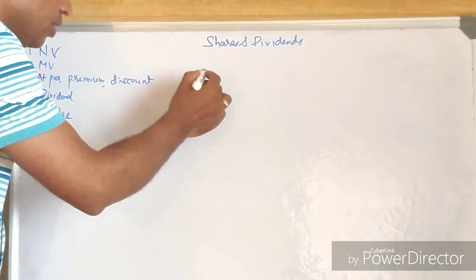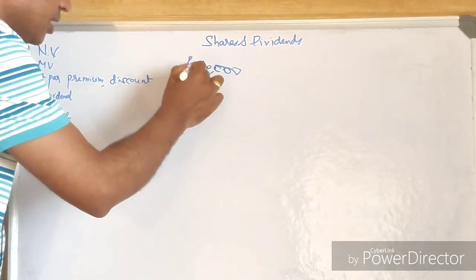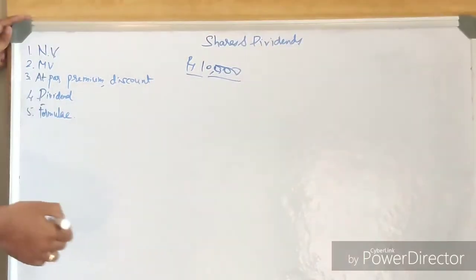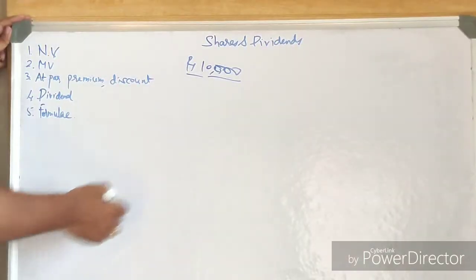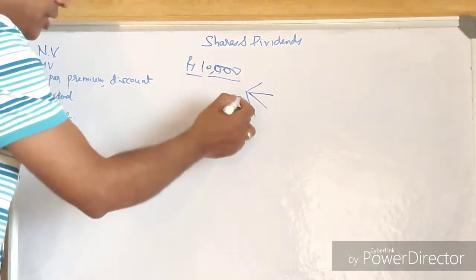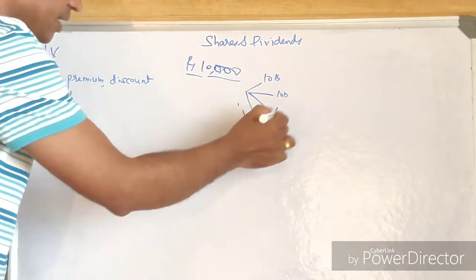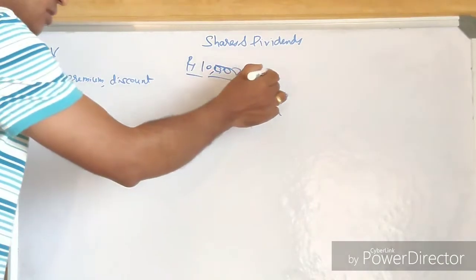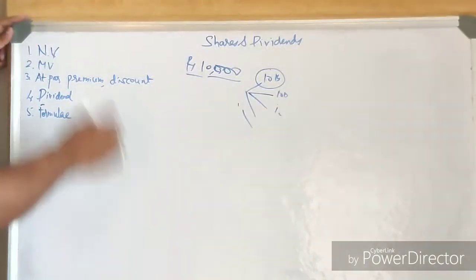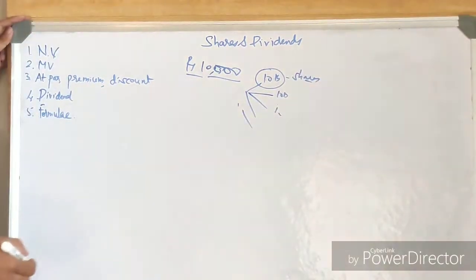Shares is very simple. Suppose a person wants to start a company and wants 10,000 rupees of investment, but he doesn't have that much. So he asks a couple of people to donate some money. He fixes that people can donate 10 rupees each. In return for 10 rupees, he gives something called a share.